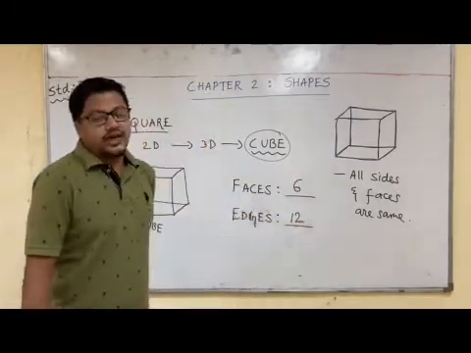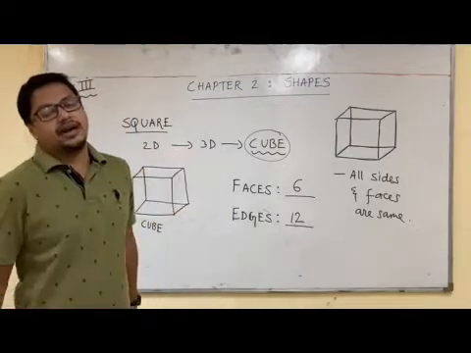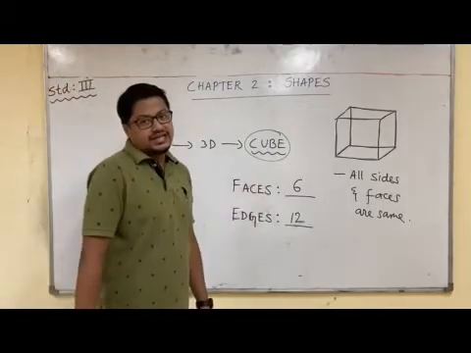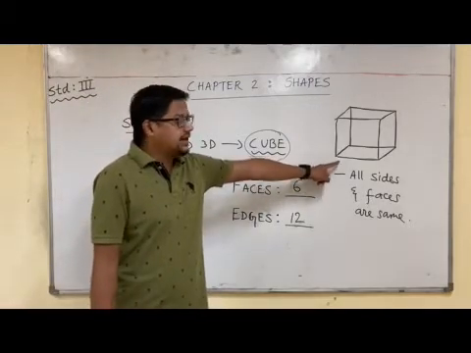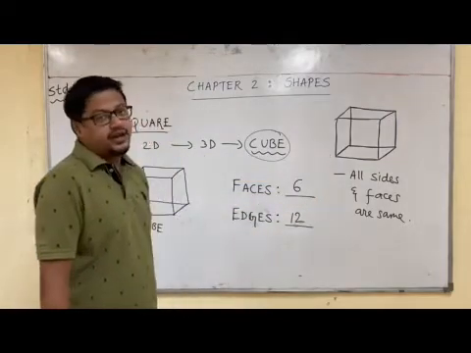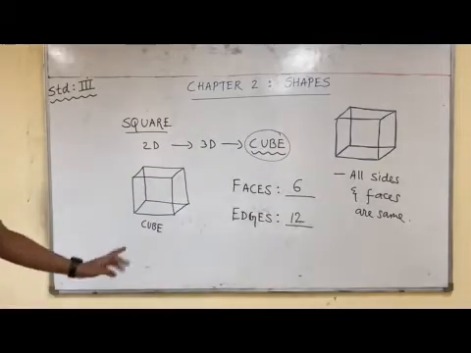We checked how many faces does a cube have? 6. What is a face? The side of a shape that is visible is called a face. How many faces does a cube have? 6. And we calculated how many lines or how many edges does a cube have? It is having 12 edges. Okay. So this was cube. You can pause this video and see the section.